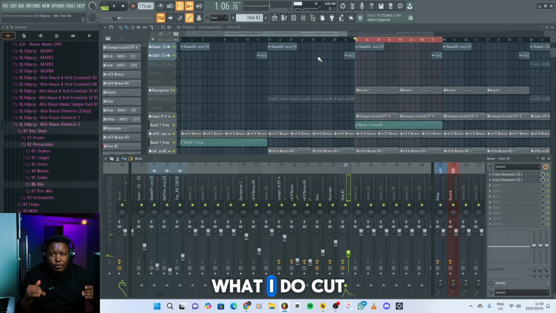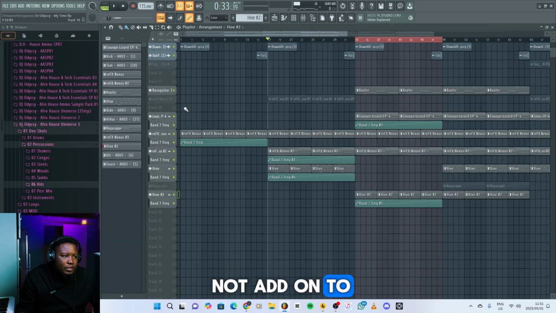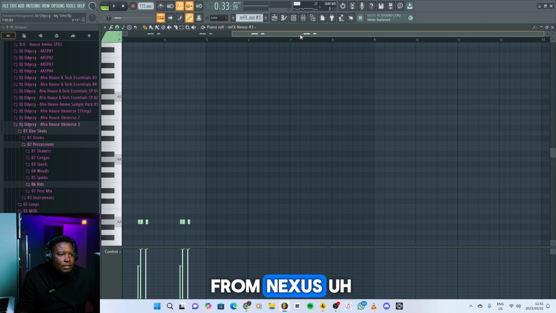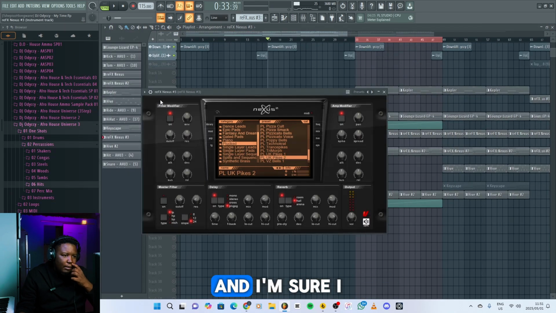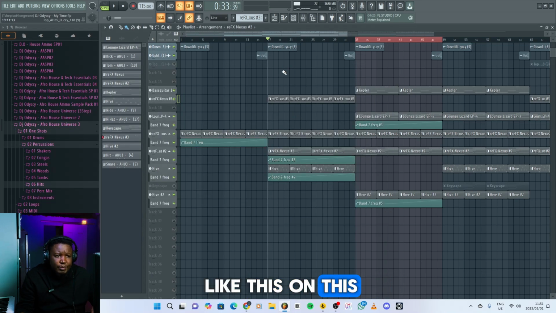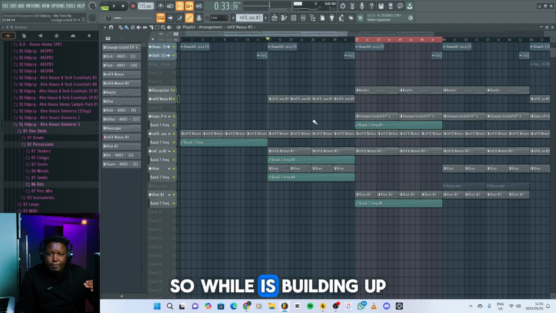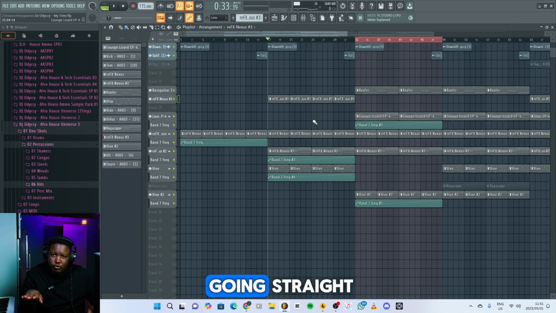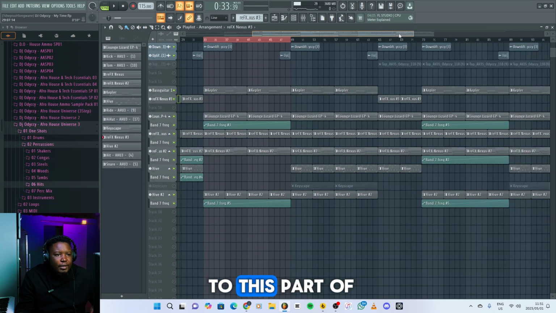As you can see, what I do is cut off the lows and the highs at some point. One thing I added on this part is a plug bass from Nexus. It's just the plug. Normally I use UK Pikes, and I'm sure I use that as well here. And then it sounds like this on this part of the song. So while it's building up, there's something that keeps going straight and keeping it afloat. And then we go to this part of the song